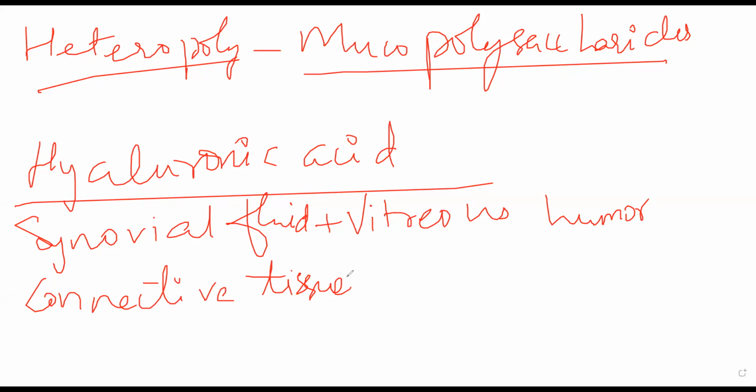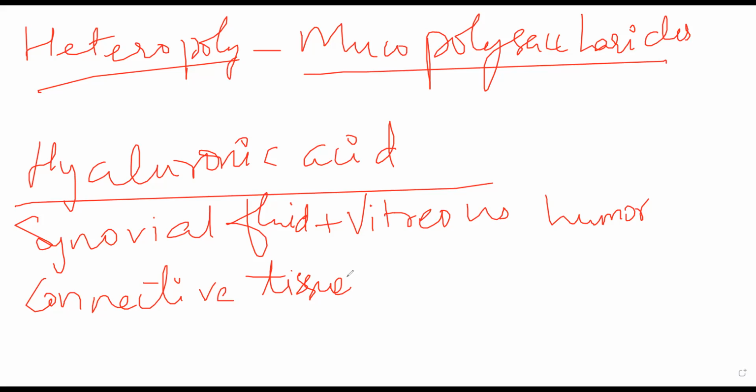In case of joints, it will act as a lubricant and shock absorbent, and as biological cement in case of connective tissue. It will reinforce and strengthen connective tissue. Your connective tissue's strength and integrity highly depend on hyaluronic acid. If hyaluronic acid is low, connective tissue will break down very easily. The patient might have arthralgia, myalgia because of muscle tearing and all of that.